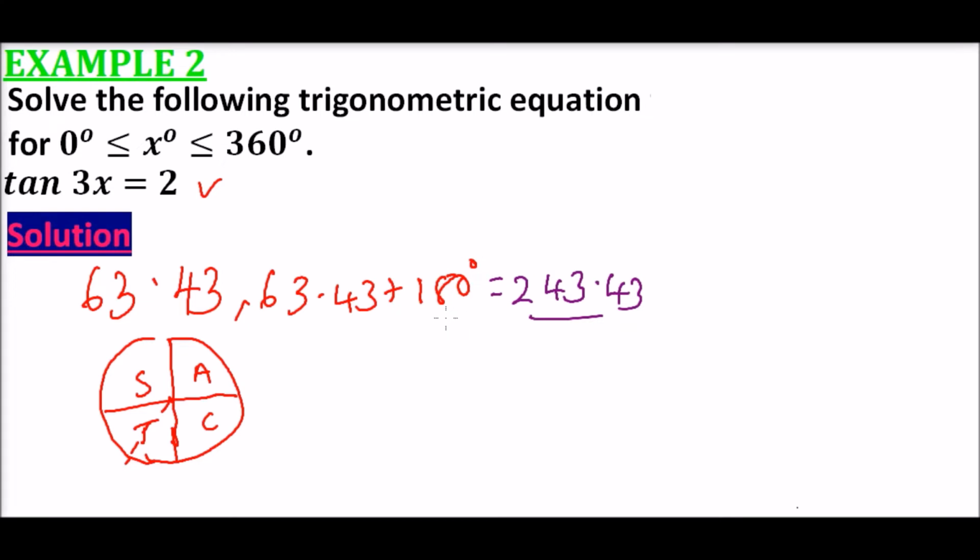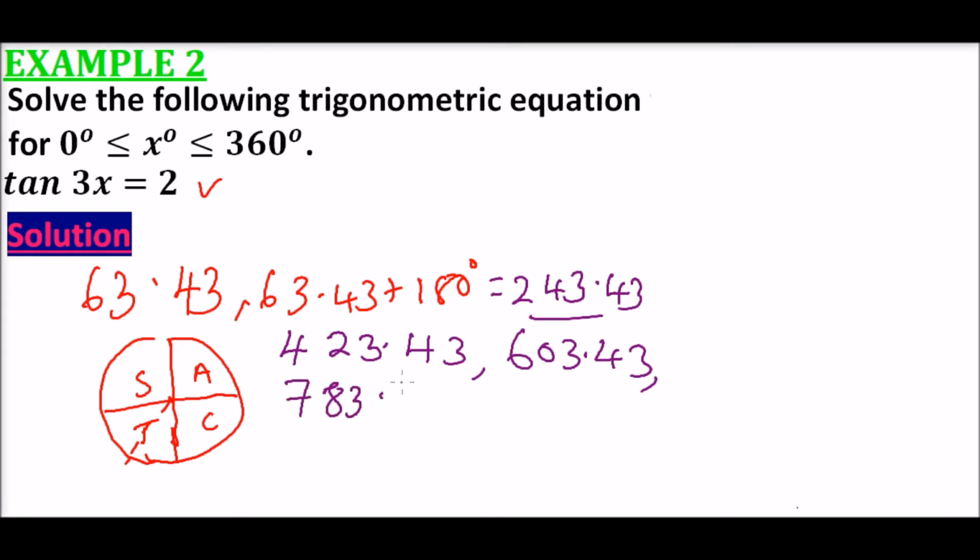Another angle is we add 180 to 243, and we will get 423.43. We add 180 to this angle, you get 603.43. We add 180 to this angle, you get 783.43, and we add 180 to this angle, you get 963.43. The reason why we are adding all these angles that go beyond 360